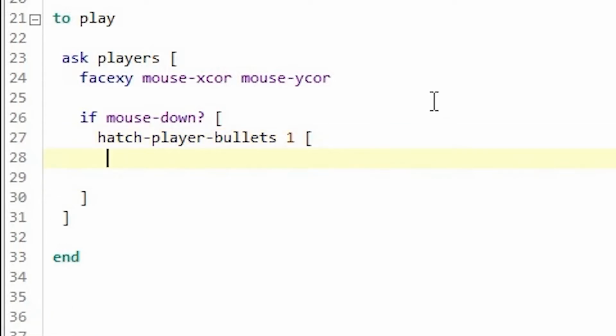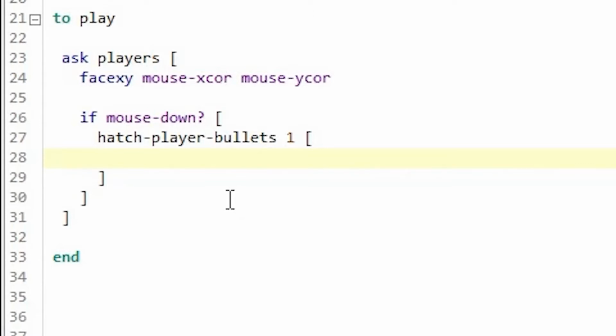This command hatch, you can think of it as creating a child. Here the parent is players, and it's going to create a new child called player bullets, and that's why we call it hatch. Now when you hatch the bullet, we can give some properties.